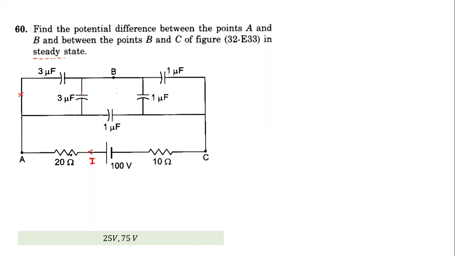What will be the current in this branch? 0. What is the current in this branch? 0. So what has to be the current in this branch? This is 0, this is 0. It means this also has to be 0. Yes, sir. At the junction, if this is 0 and this is 0, the current here also is 0. So what will happen in a steady state? It's slightly tricky. What will happen in steady state? No current will flow.